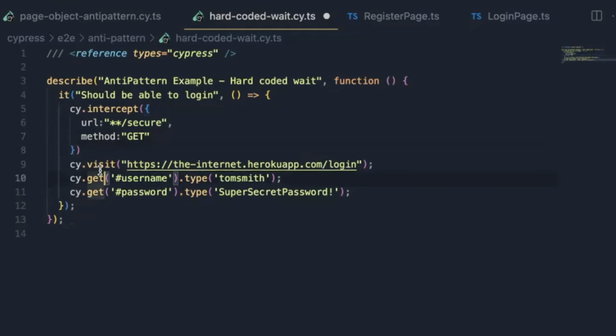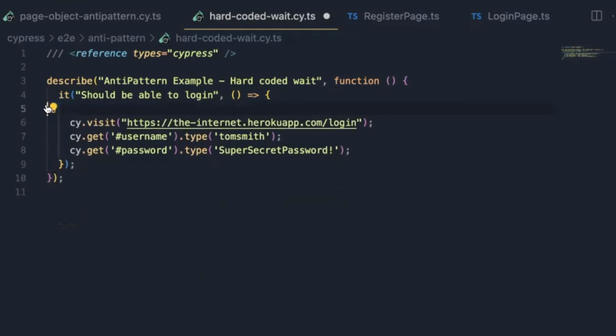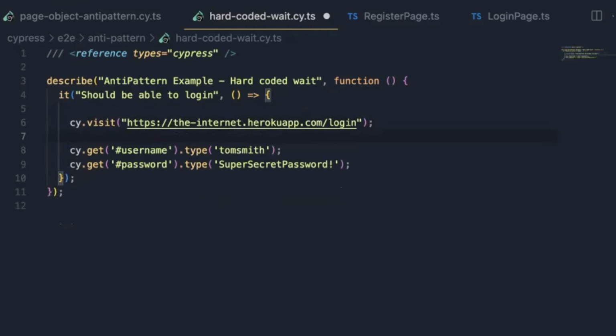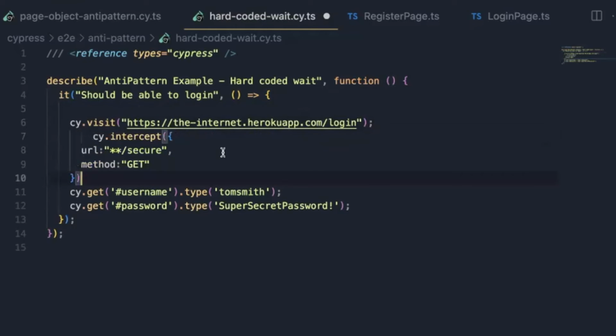So what I'm telling the code, okay, once you log in, let me copy here. What I'm telling the code right now is: once you visit this website, just prepare yourself to intercept this API which has this secure part, and the method type is GET. Then I need to provide the alias so that I can capture it and wait for it